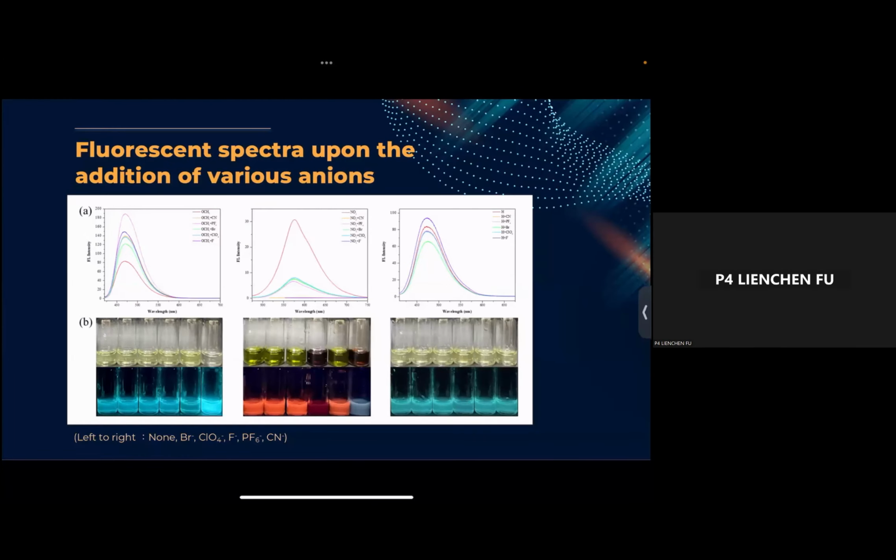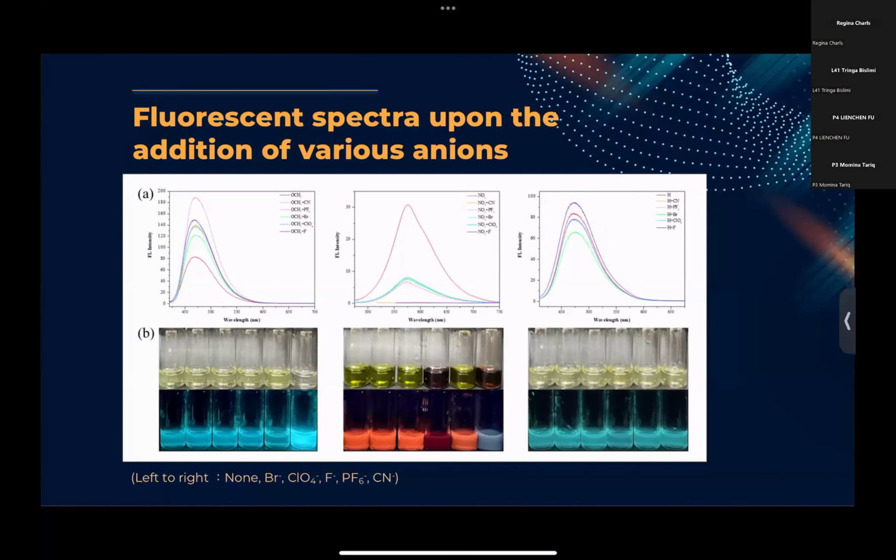Conversely, for DIAN, the solution exhibits the color change from green to brown under visible light, and the fluorescence was effectively quenched when exposed to UV light. This distinct response underscores the selective nature of these molecules, particularly in their interaction with CN-.